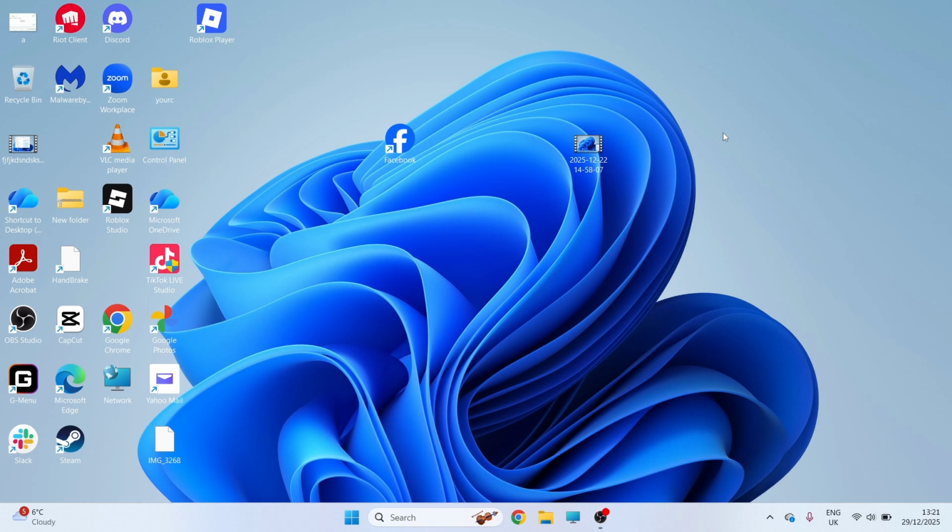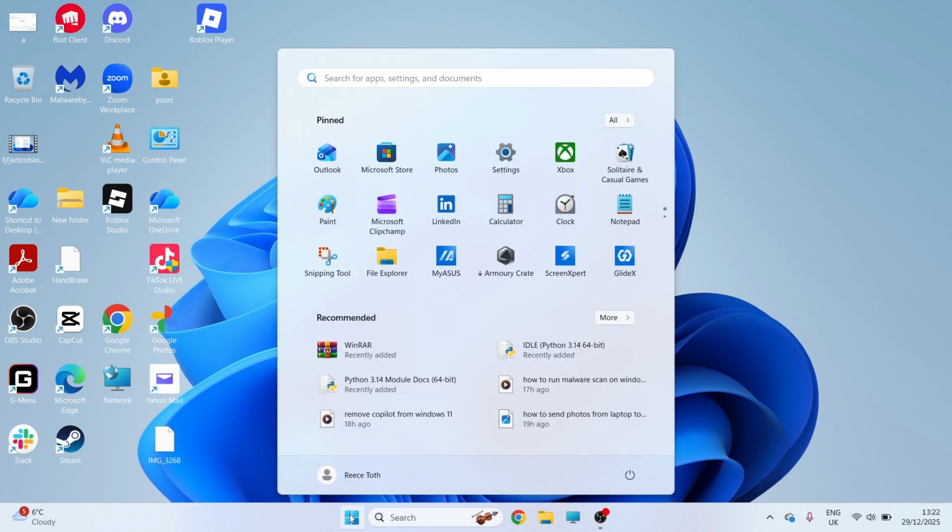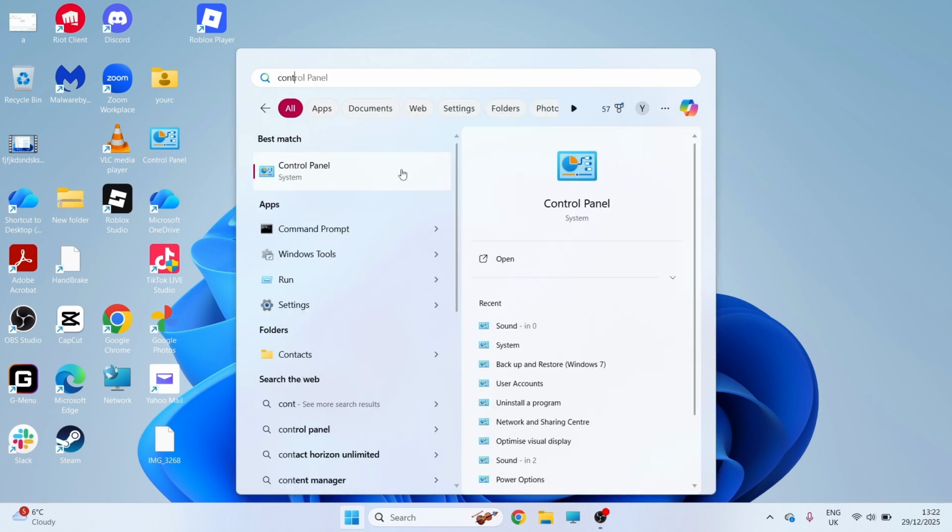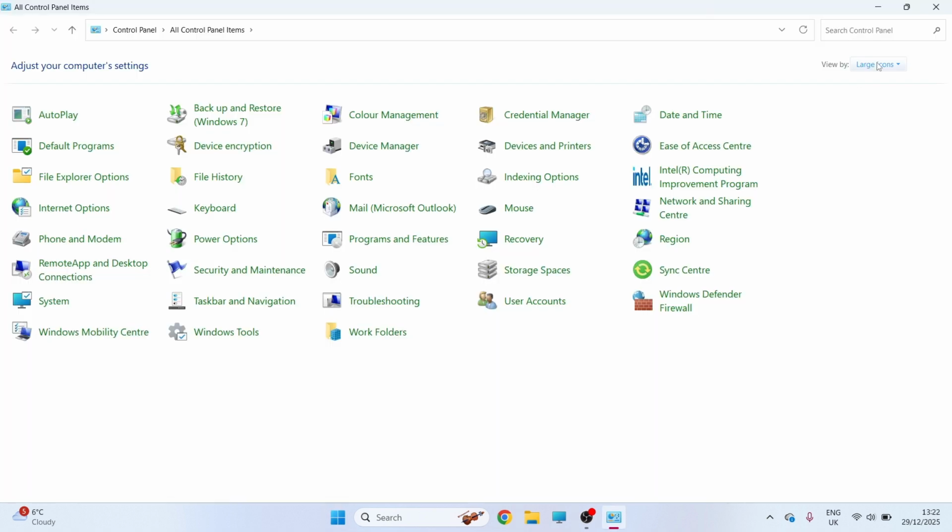In this video, I'm going to show you how to fix the issue where your volume's too low on your laptop speakers. Now, the very first step is to go and open up your Start menu. You can then search for Control Panel and click on this window here. Click on the drop-down arrow in the top right-hand side and click on Large Icons, and then click on the